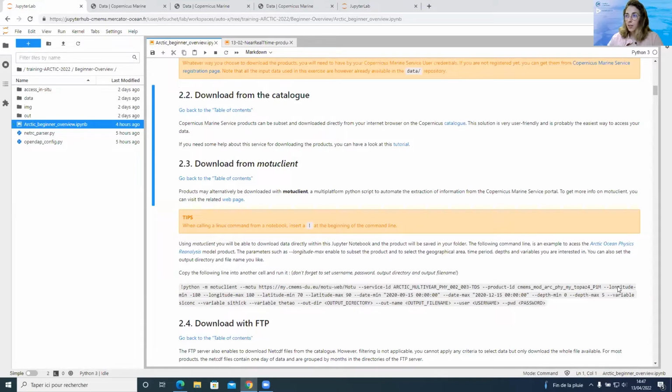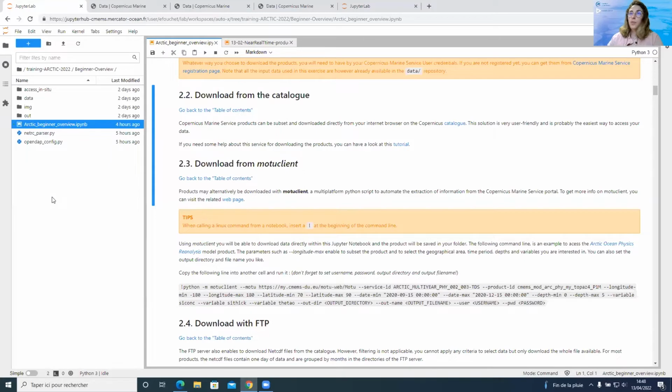You set the min and max longitude, latitude, dates, depths, and also the variables you want to download. You set the output directory, the output file name. You have to enter your username and password. And if you copy, change the parameters that are required, and then run this cell, the file will be downloaded